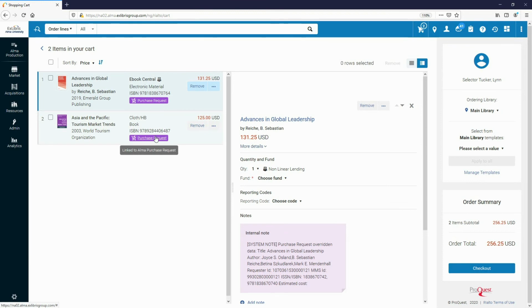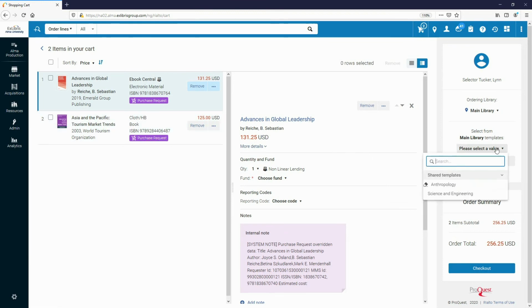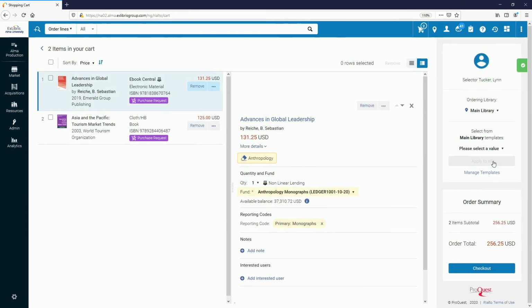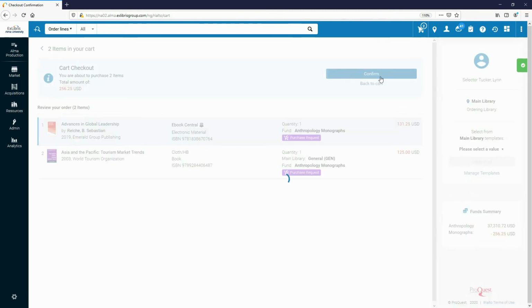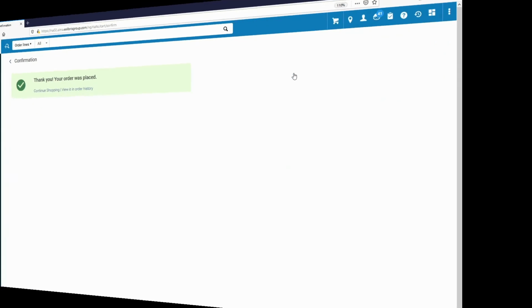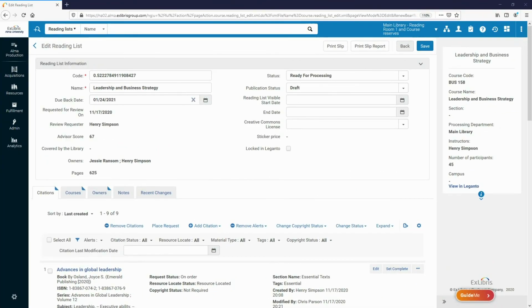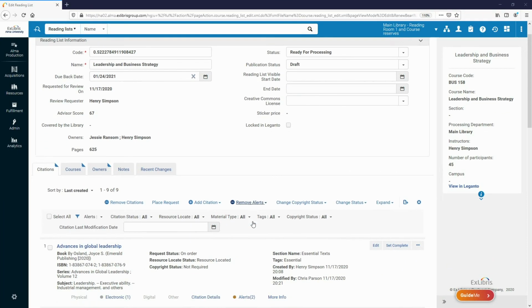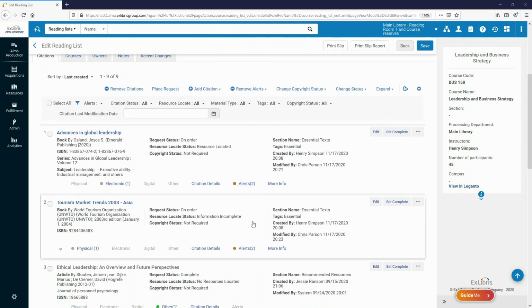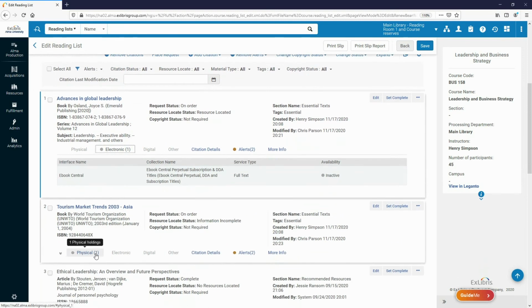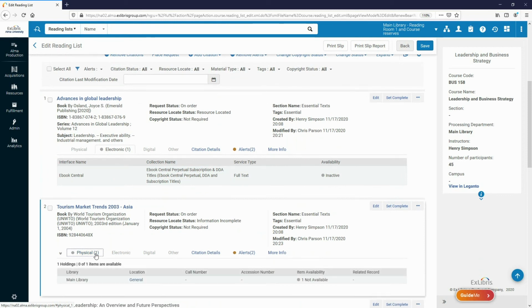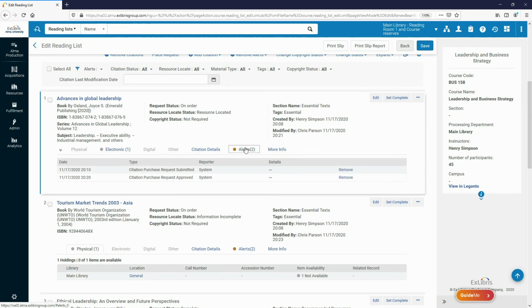The checkout process continues as usual. The purchase request is updated with the PO line and marked as approved. Let's look at this again as the Course Reserves librarian. Once the library has purchased the item, the citation will be automatically updated with the new library inventory. We can see this inventory here, and we can also see new alerts letting us know that the purchase request